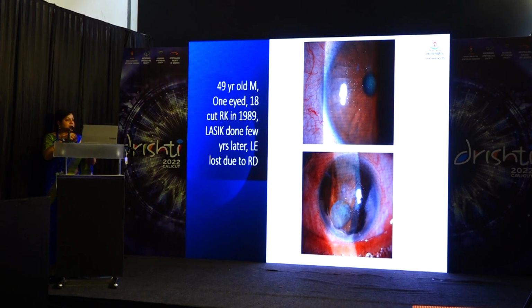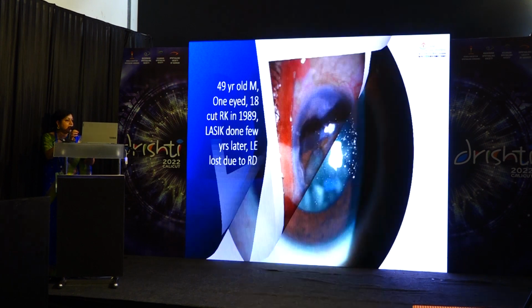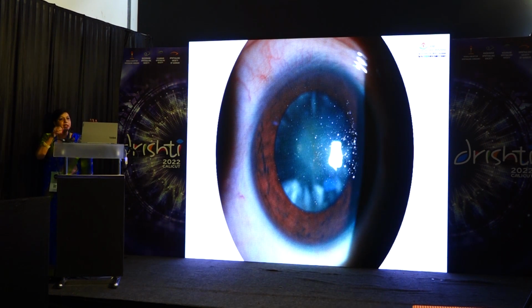Now this was another patient, a 49-year-old male patient, one-eyed, who had both RK as well as LASIK done. So he first had an 18-cut RK done in 1989, and a few years later he was also operated in the same eye for LASIK. So you can see the lower one is the eye which is not seeing, it's the old RD. And then this was the patient where you can see a lot of metallic deposits in the interface in